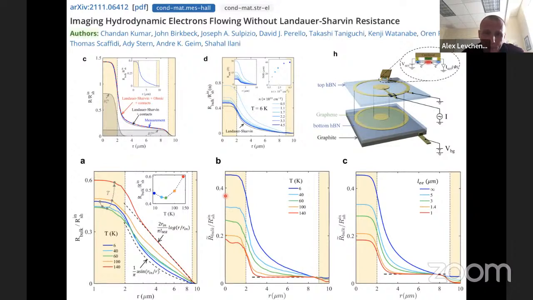This is really amazing experimental work. They fight very hard with all kinds of other effects because their devices are not perfect. There are contact resistances, there are resistances in the bulk, there are viscous contributions, but if in the kinetic regime you sort that out, subtract all of the resistances that are not of a hydrodynamic nature,